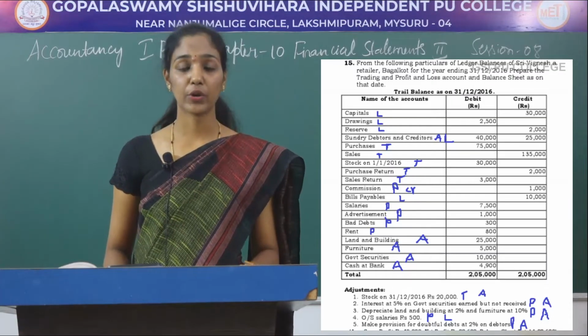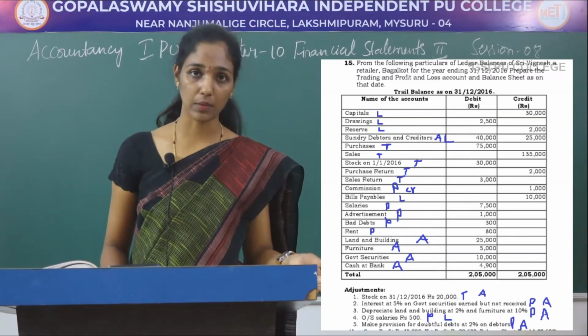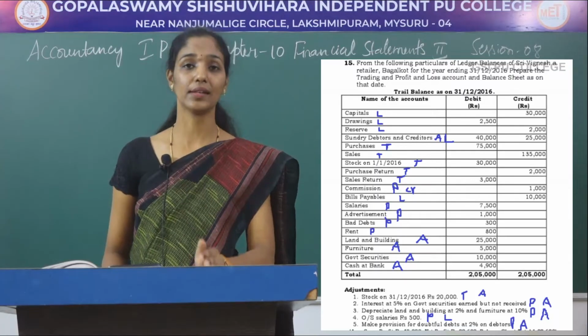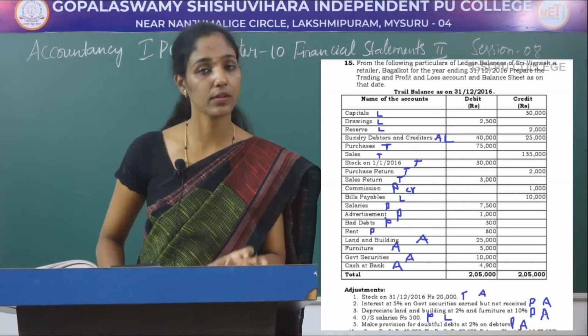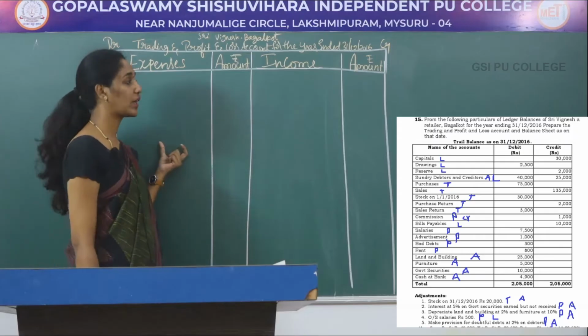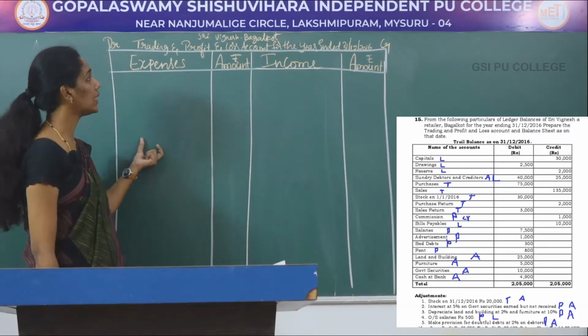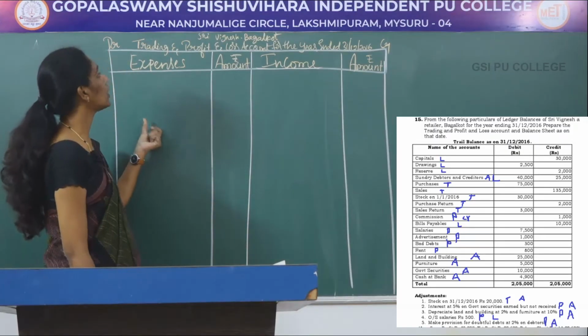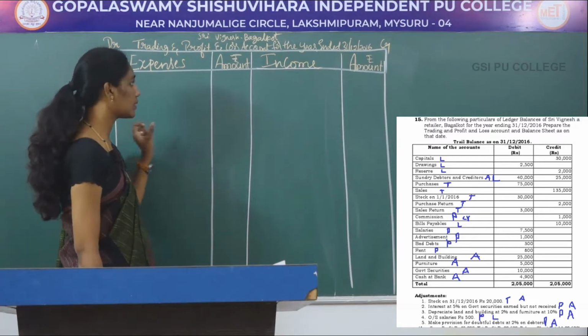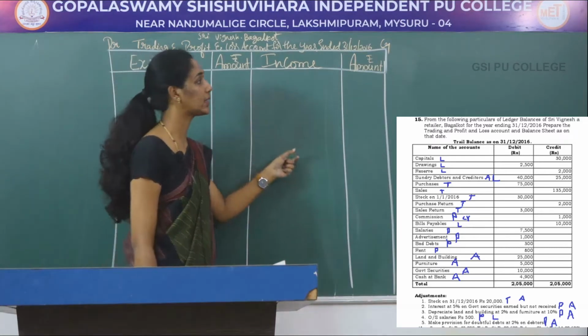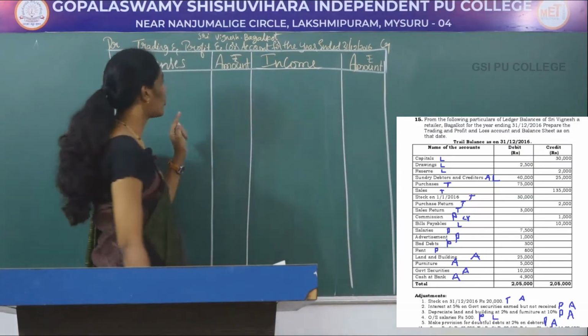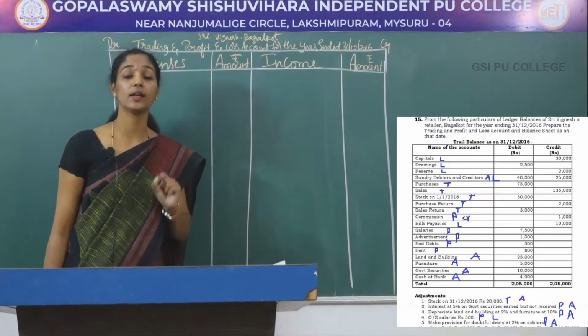We have analysed how to do the problem and which item has to be recorded where. Next, what should we do now? We have to solve the problem. Let's write the format of the trading and profit and loss account correctly. On the debit side, expenses amount; on the credit side, income amount. Trading and profit and loss account for the year ended 31st